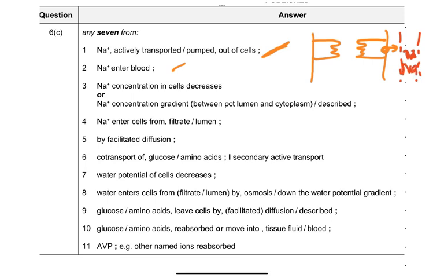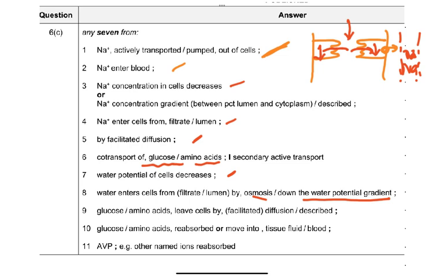So the sodium will enter the blood here. Now the sodium concentration in the cells decreases, and this is the glomerular filtrate flowing in here. So that is going to cause the sodium to move into the cell. When the sodium concentration in the cell decreases, sodium enters the cells from the filtrate by facilitated diffusion, and this of course results in co-transport of glucose and amino acids. Then when so much glucose enters the cells, the water potential of the cells will decrease. The cells will have so much glucose and amino acids, so the water potential of the cells will decrease, and water enters the cell by osmosis down the water potential gradient.